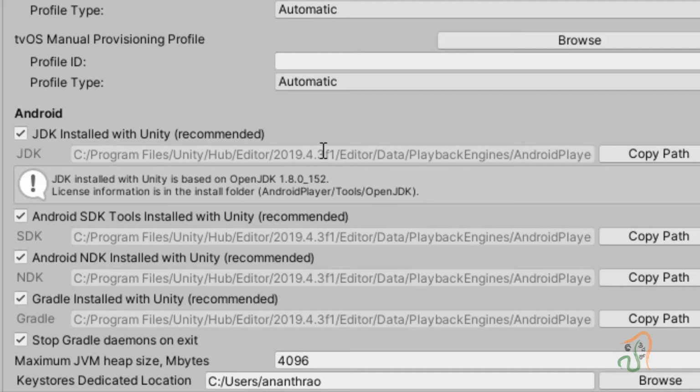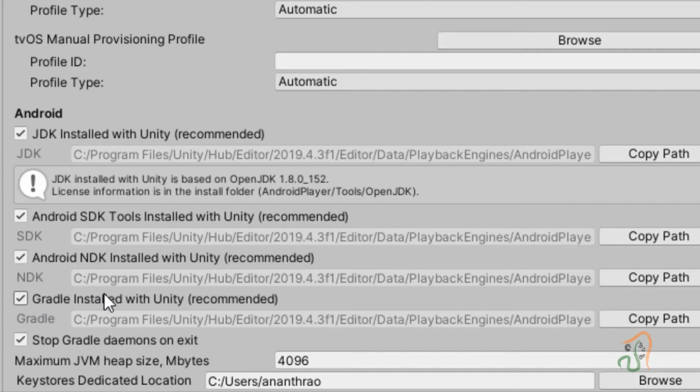Similarly, for the Android SDK, that is Software Development Kit, instead of Android Studio, Unity has its own Android SDK installed along with it. You have the Android NDK also installed, and Gradle required to build the tool.